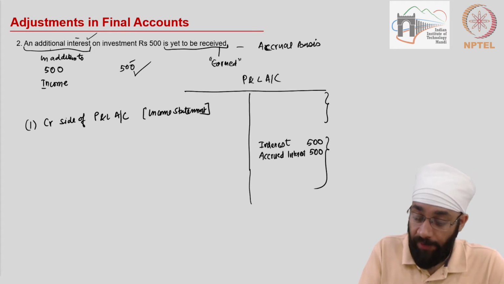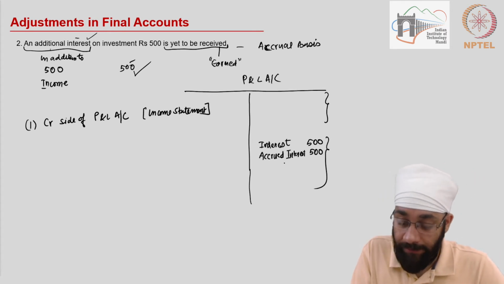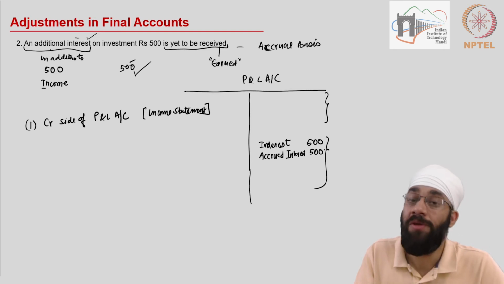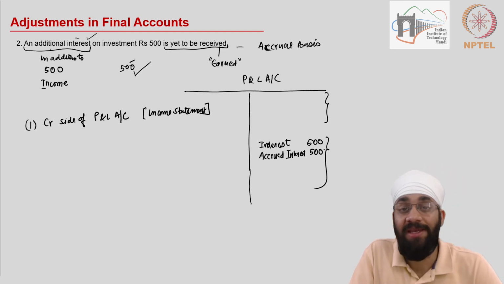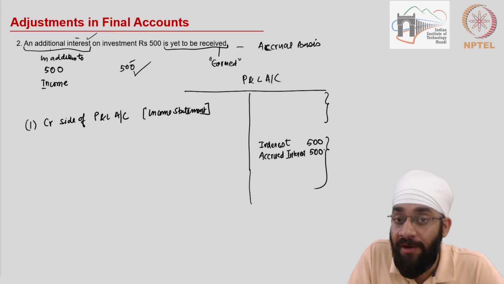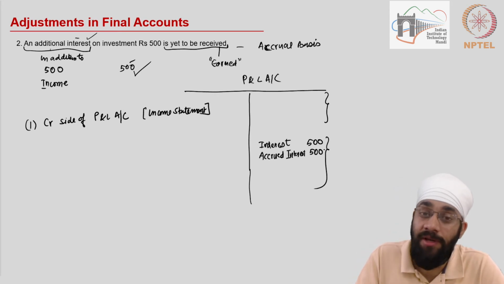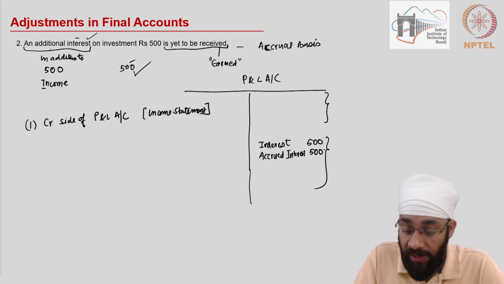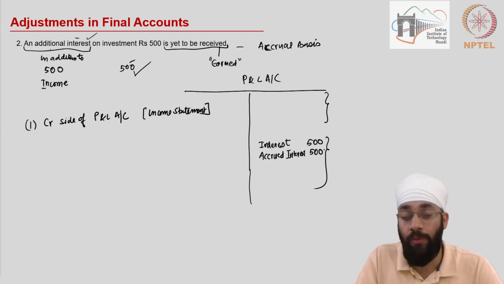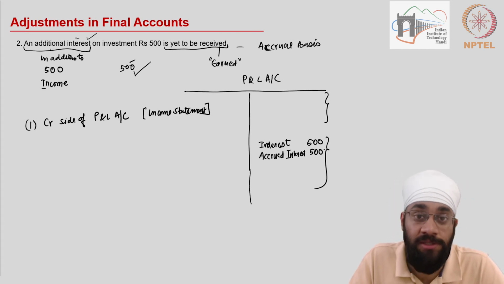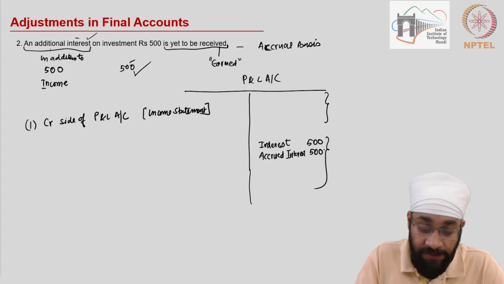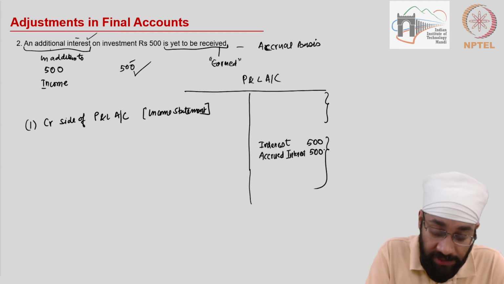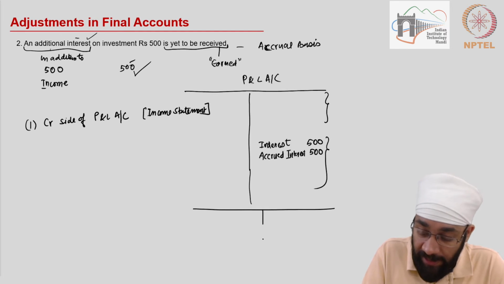The second impact of this is going to be, since this 500 is to be received, it is to be converted into cash. It is similar to the stock. Stock has to be converted into cash. So any item which is to be converted into cash within the next 1 year is a current asset. It helps you add a temporary capacity to the business. So the other impact is that in the balance sheet